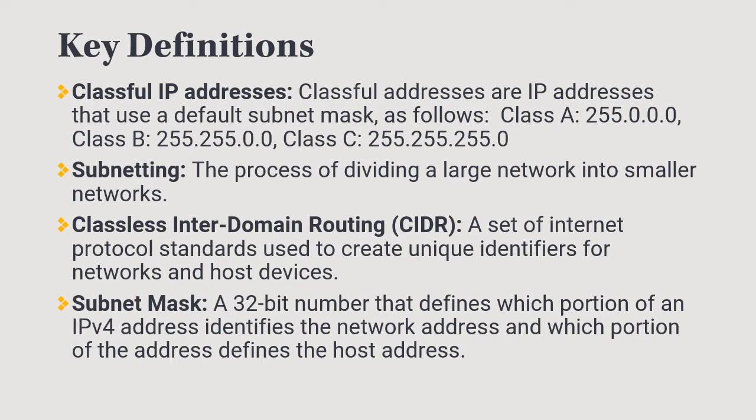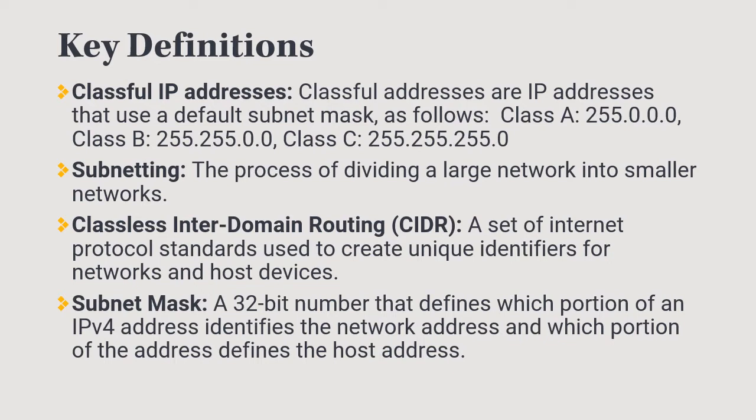The first one is classful IP addressing. When we're talking about classful IP addressing, what we basically mean is that the default subnet mask for the IP address matches our standard subnet mask for that class, and it's broken down into octets. We'll get into what that means a little more, but just so you know, the classful